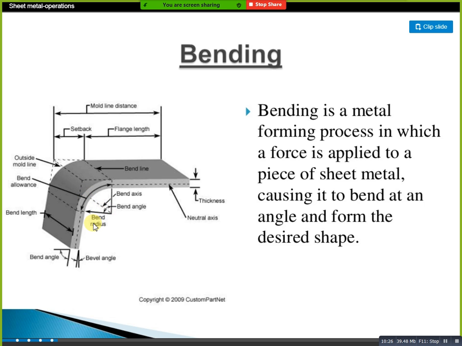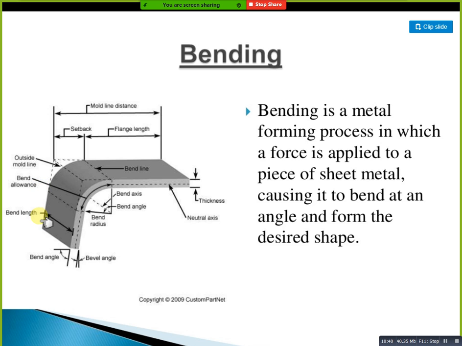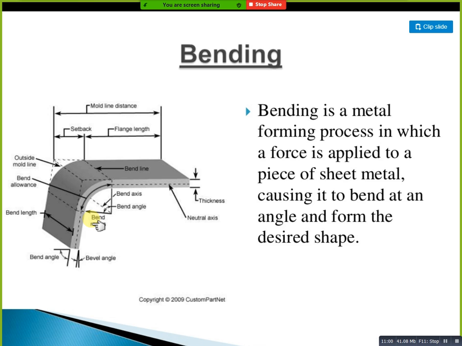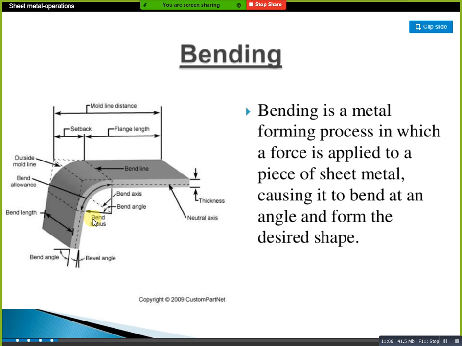This particular box we consider the bend lines also. And here we have the bend length, the length of the bend. Based on this length we need to create our punch also. How much force we need to apply at that point determines how much punch length we need. Next, here we have the bend angle and bevel angle. Bend angle means, if you have a straight bend you get 90 degrees. If it is not straight, we need to check it using some angle measuring equipment, and based on that you can check your bend angle.